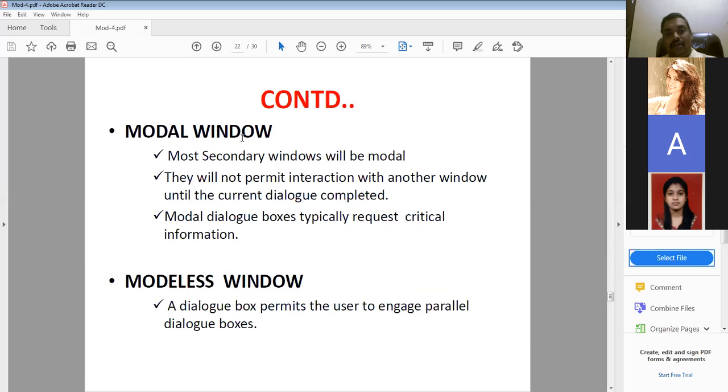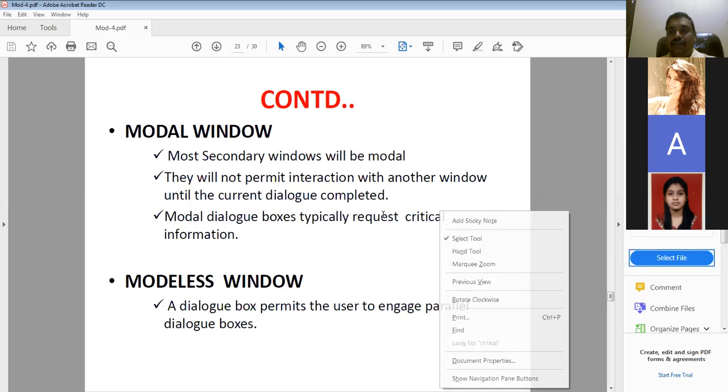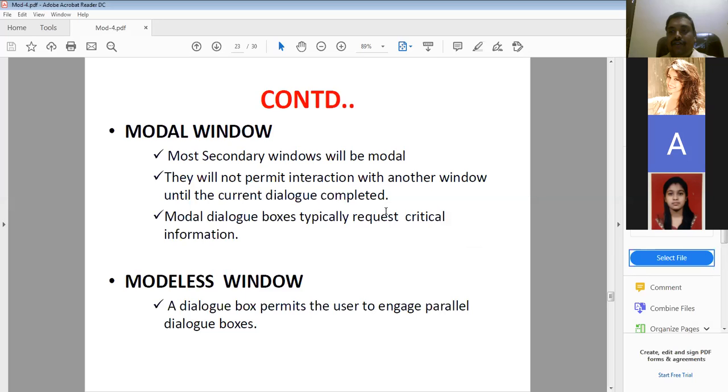Obviously, what is a modal window and what is a modeless window? Most secondary windows will be modal. They will not permit interaction with another window until the current dialog is complete. For example, you might have seen, you download a file and try to open the file.